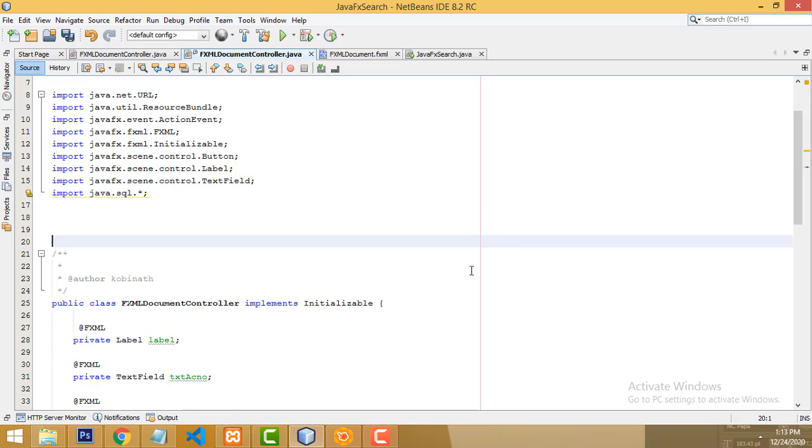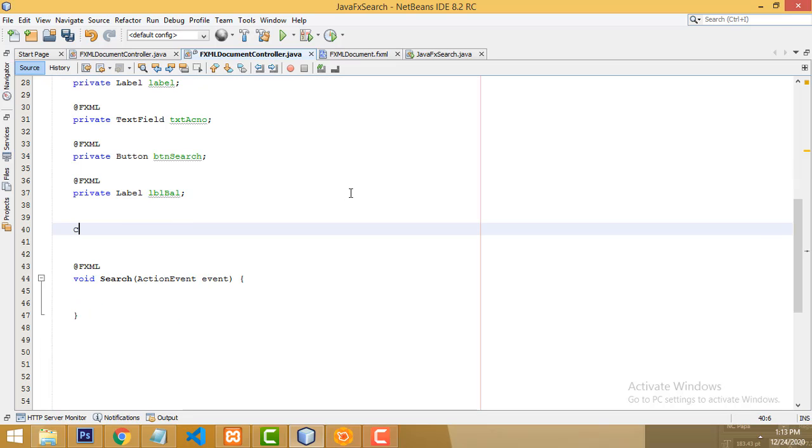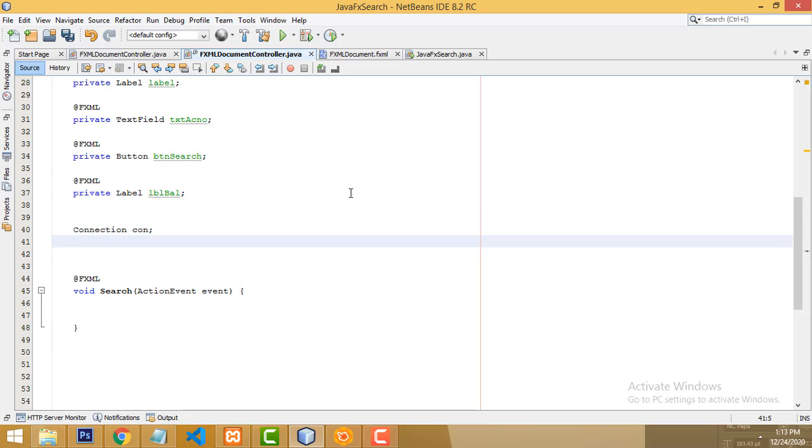So after that, you have to create the connection object. Connection con. After that create a PreparedStatement, pst. We have to create the object of the PreparedStatement. Right.